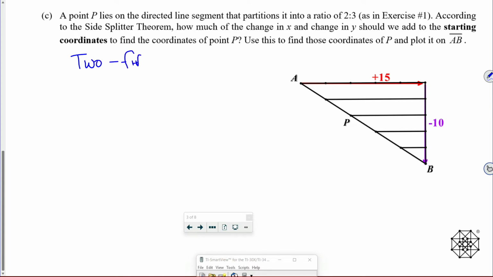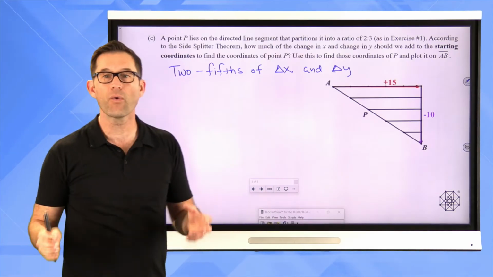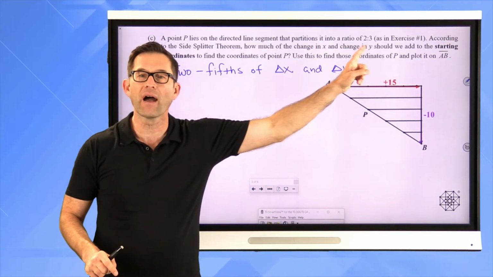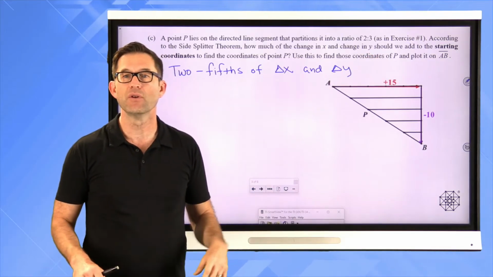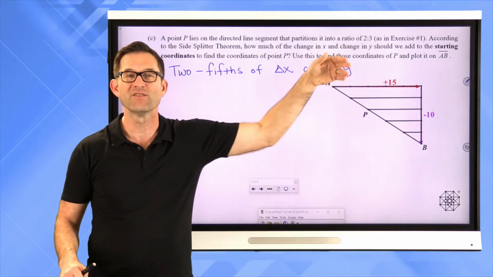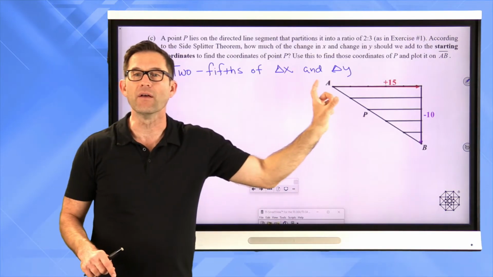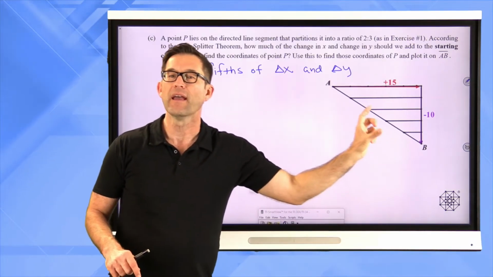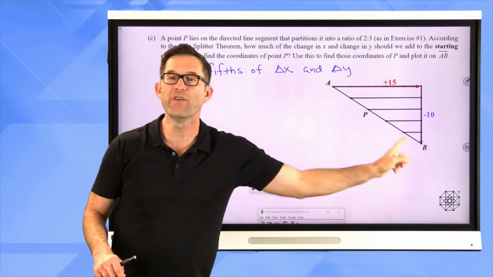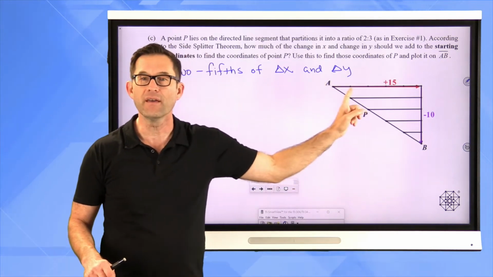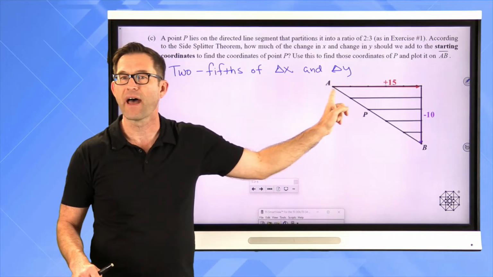2/5 of delta x and delta y, right? And again, the reason for that is that I really have 5 total parts. Now, it'd be easy as a student to go 2/3, right? Because you have 2 to 3. But that's really 2 and 3. It's really 2/5, all right? And the idea is I'm going to start at A, and I'm going to add 2/5 of